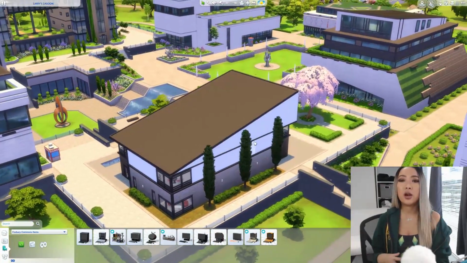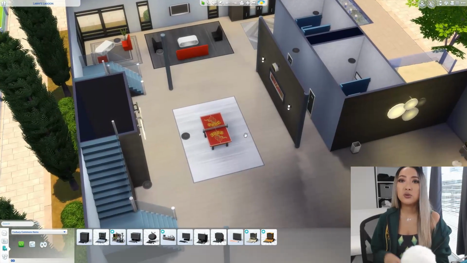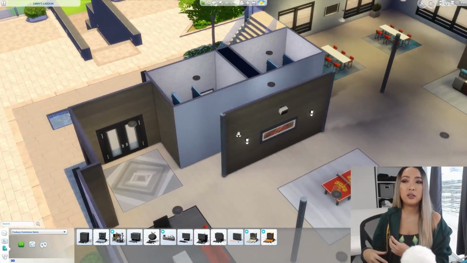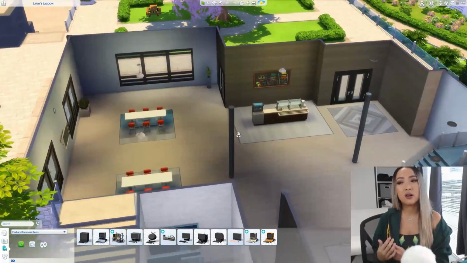So those areas are kind of like common area spaces for the students where you can come to study, hang out with friends, and also that's where the university's cafeteria is. So if you guys didn't know this already,